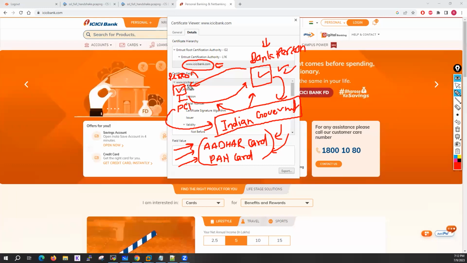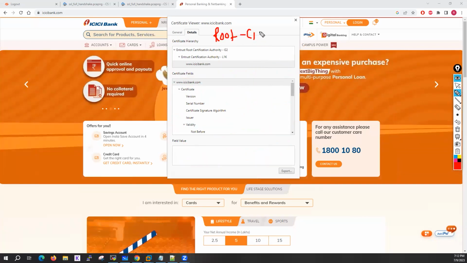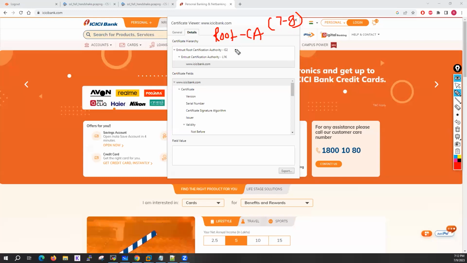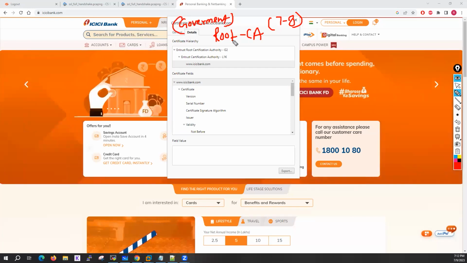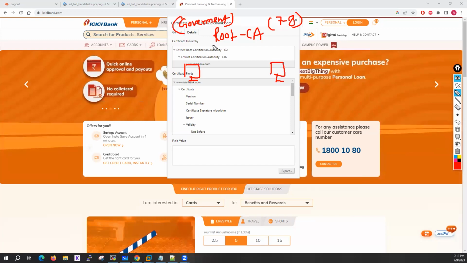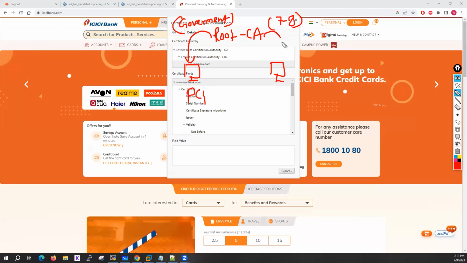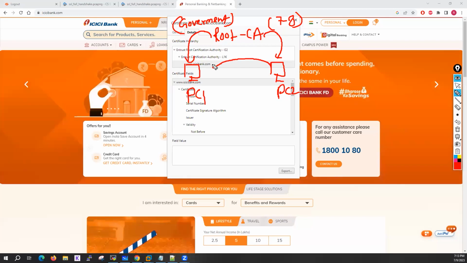So your root certificate concept also works in a similar way. We have a root certificate, a root CA. Guys, across the globe we have around 7 to 8 root CAs, and you can think of these root CAs like a government. Now we have one person here and one person here. If any ID is issued by this root CA to this PC, and any ID is issued by this root CA to this PC too, and this PC presents that ID, meaning the certificate, let's suppose cert 2, and this one is cert 1,